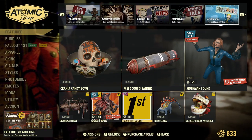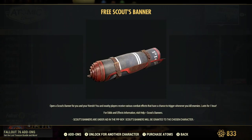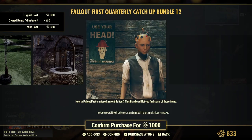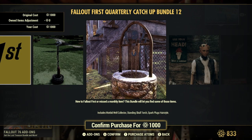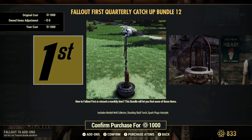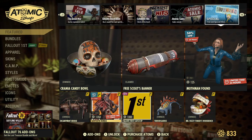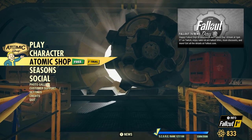Anywho, free Fallout First, go ahead and do that. The catch-up thing, why is that? Oh, there it is. Is not bad. I mean, the spark plug hairstyle, a little extreme, but, you know, the morbid well, and the standing skull torch. The standing skull torch alone is like one of my favorite things in this game. But anyway, let's go ahead and take a quick...